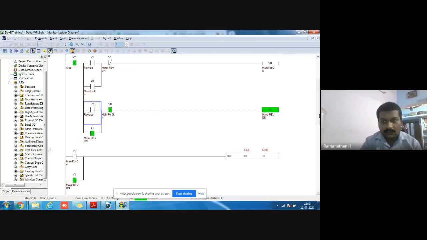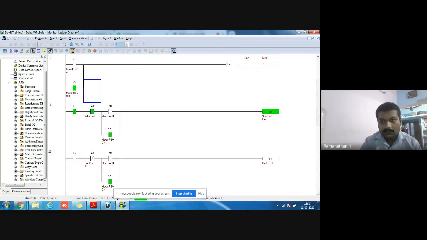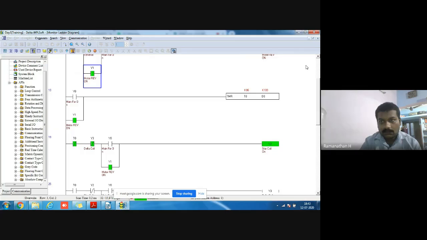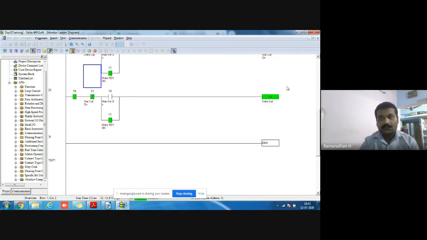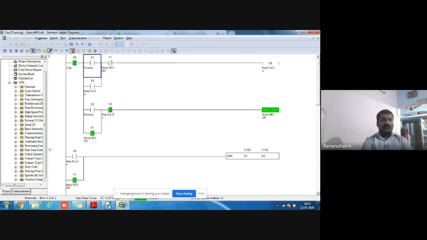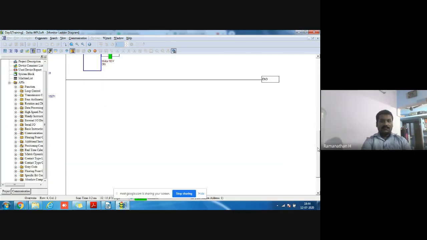In the reverse mode also same. Reverse, first start, then we switch over to delta. Okay. At the time of reverse, we turn it on, the forward coil is not on. The condition is working fine. Okay. So this is the star delta forward reverse logic.